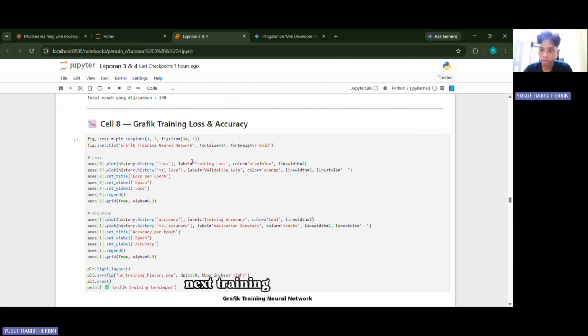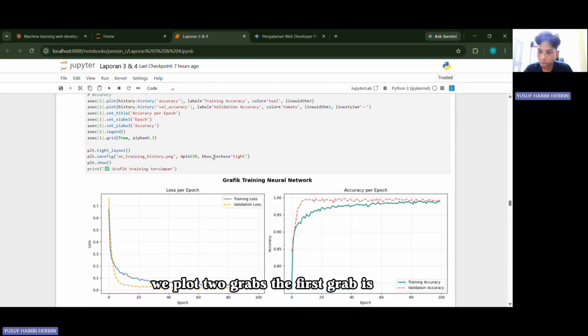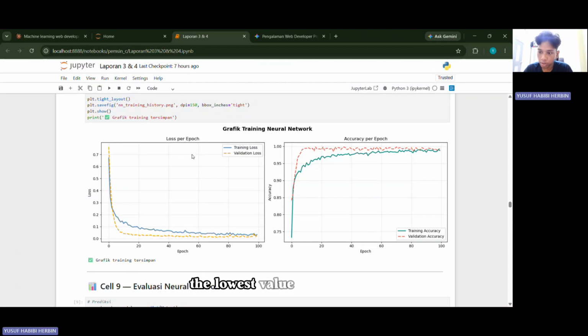Next, training loss and accuracy chart. After training, we plot 2 graphs. The first graph shows the loss value for both training and validation data at each epoch. If both lines go down together, the model is learning well.